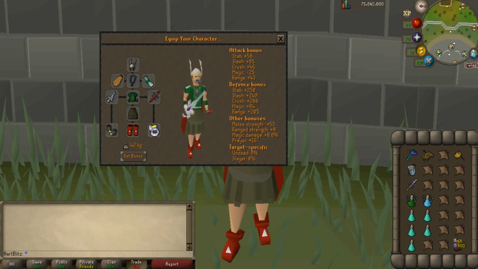Now with the medium B setup, we see some pretty major upgrades, and this is a more typical setup you will see mid to high level accounts using at the demonic gorillas. We have now upgraded to the Amulet of Fury for some defensive bonuses, the Guthix D'hide body for more prayer bonuses, the Berserker Ring imbued to get more damage output, and then in the inventory we see slight upgrades to